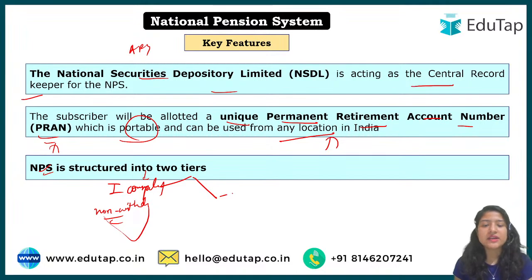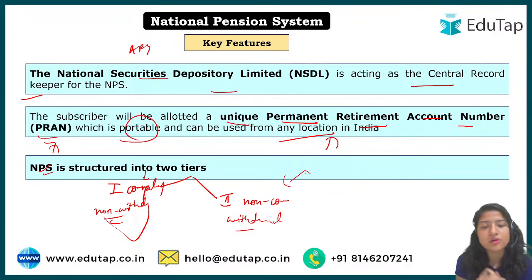Now there is another tier also. For example, some employees want to save more for the future. Maybe they are well off, and they want to save more. In such a case, they can go for the second tier also. The second tier is non-compulsory, because it is voluntary, if you want to add or save more. It is also withdrawable, because there was no compulsion in this one. This is what you were doing on your own, that is why it is withdrawable. Okay, so it is a two tier structure. First is compulsory and non-withdrawable, another one is non-compulsory and withdrawable. Okay, I hope till now you understood everything.